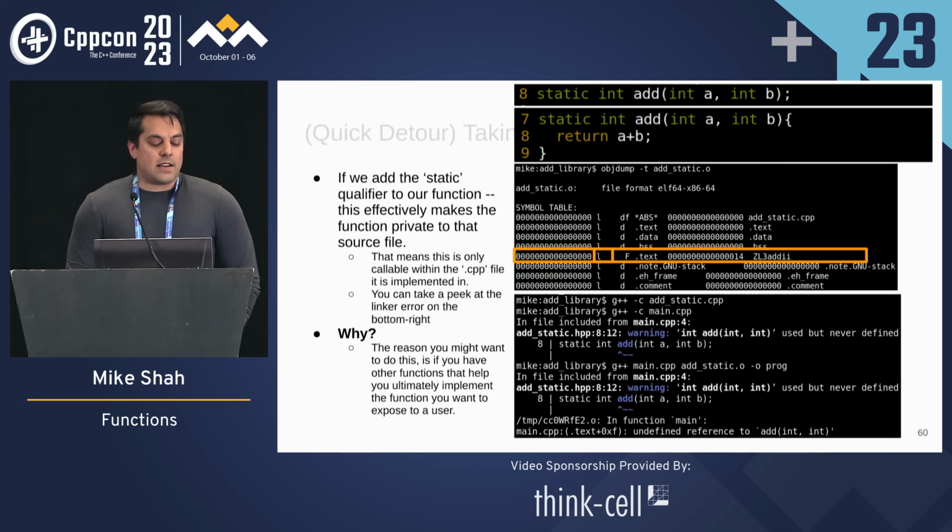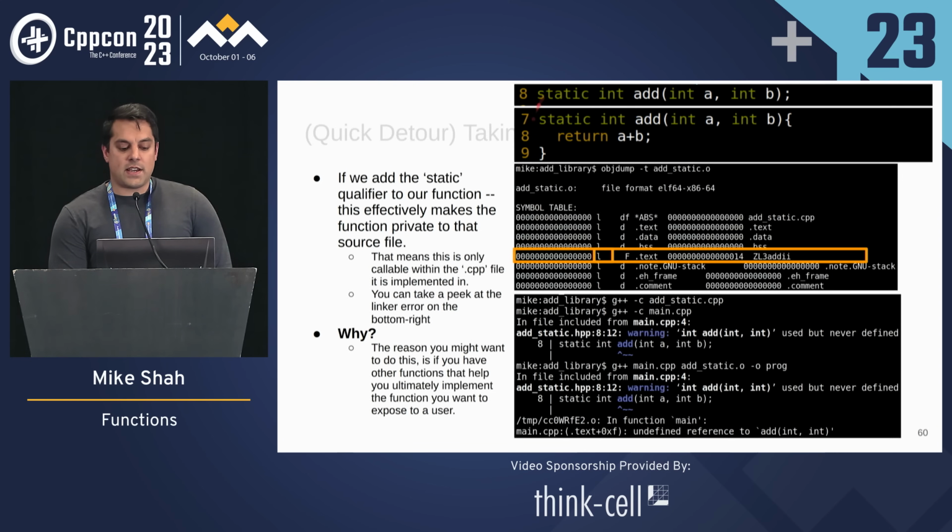Now, another thing on this brief detour is you can actually add static in front of your C++ functions, both the declaration and the definition here. And if we do that same inspection with that objdump tool, something changed. It's so subtle, I've highlighted it to save us time. But now we see an L here, which was different from the G, meaning this is locally available. So static is a way to hide within a compile file and say this add function is actually only available inside of my